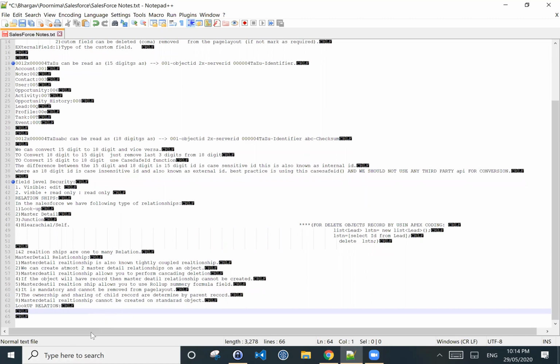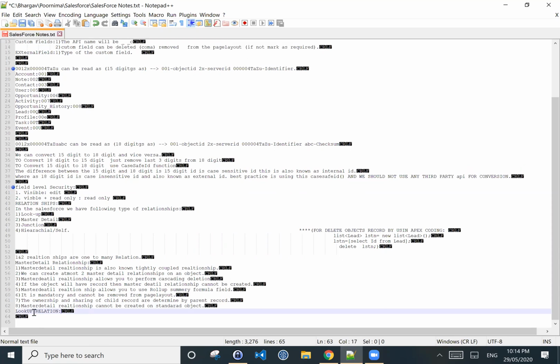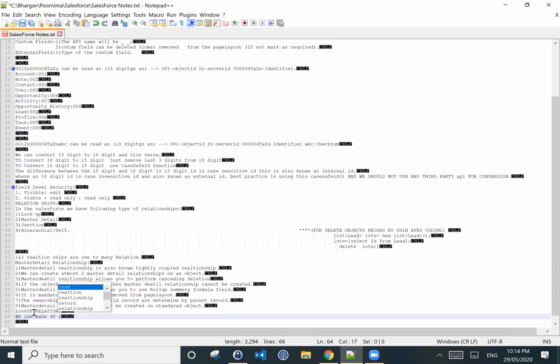In the lookup relationship, we can make a maximum of 40 relationships on an object, n object.